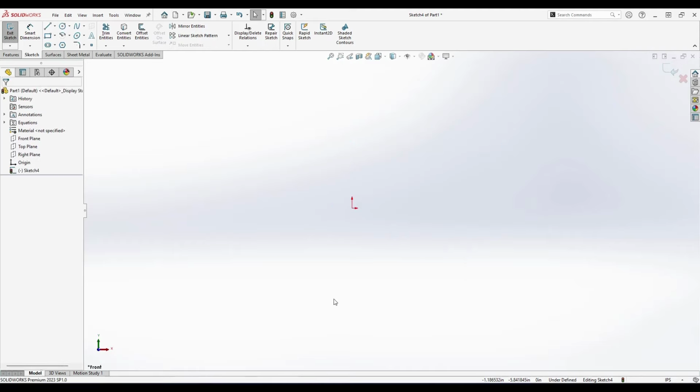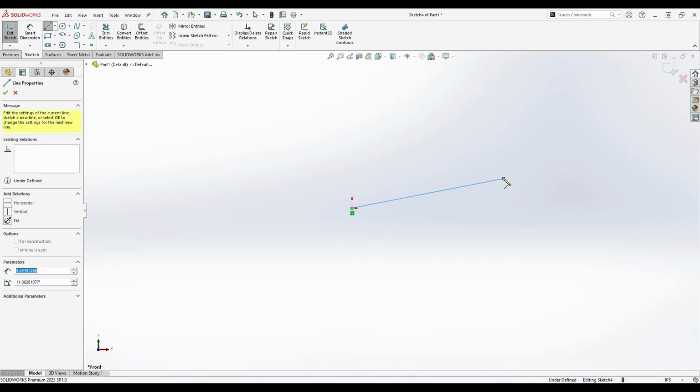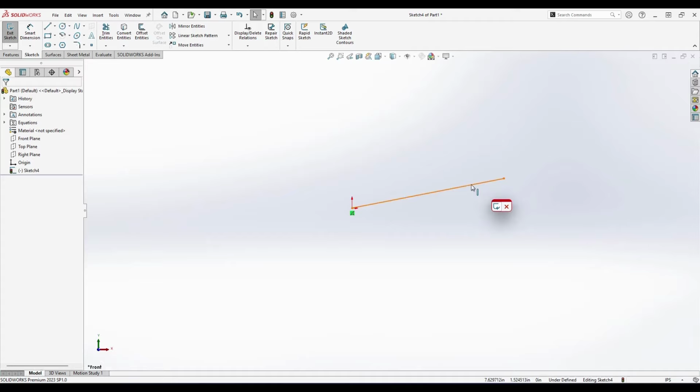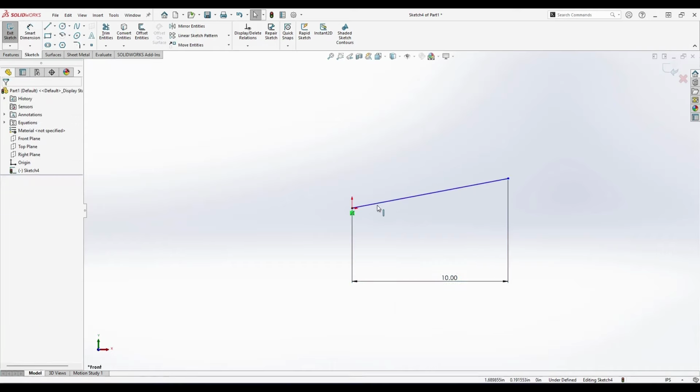Now we have come to a critical part of the sketch, that is creating the relations. Relations are nothing but they restrict the movement of sketches. Say for example, we have a line here, and we are going to draw a line. If this is the line and you give a dimension here with Smart Dimension, and this is going to be 10 inches, then you can see it is at some angle. So you need to provide an angle here,